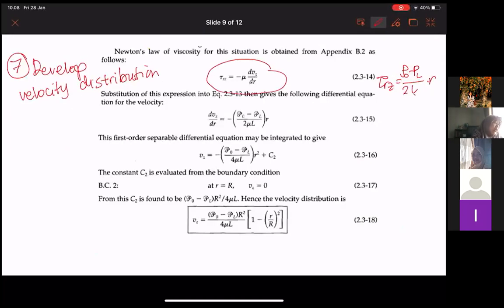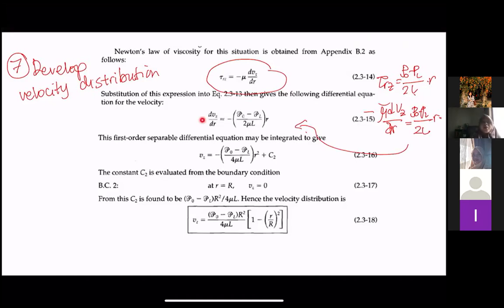Okay, and then you change this with the mu, so minus mu dvz over dr equal to P0 minus PL divided by 2L multiplied with R. This is the differential equation, and after that you have to do the integration. So this is minus R, so with the integration this becomes R squared, and this becomes 4. Okay, and then you have to find the C2. And the number 8, you have to find